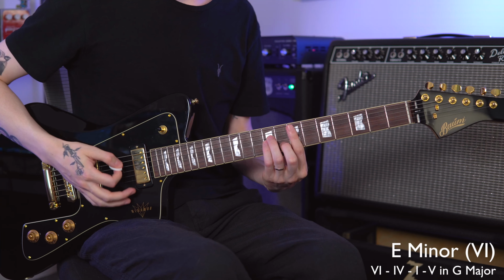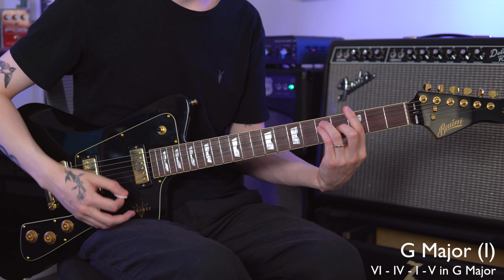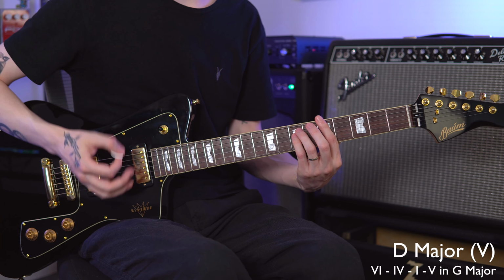And then as you feel more confident, if you feel like you've locked in a chord progression that you really like, let's say you really like a 6-4-1-5, that's your favorite chord progression, you'd want to start trying to play a 6-4-1-5 in a different key. So if you come up with that in the key of G major, put it in the key of C major, write everything down so you can see all of the notes and their numbers and whether they're major or minor so that you can pick those out and play those chords. But then you would know a 6-4-1-5 in G major is the same thing as